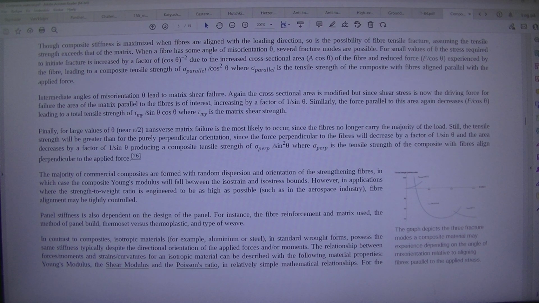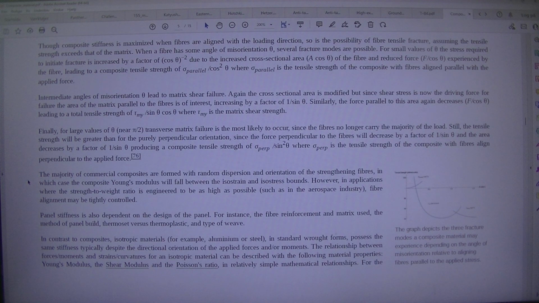Still, the tensile strength will be greater than for the purely perpendicular orientation, since the force perpendicular to the fibers will decrease by a factor of sin theta, and the area increases by a factor of 1/sin theta, producing a composite tensile strength of σ_perp/sin² theta, where σ_perp is the tensile strength of the composite with fibers aligned perpendicular to the applied force. The graph depicts the 3 fracture modes a composite material may experience depending on the angle